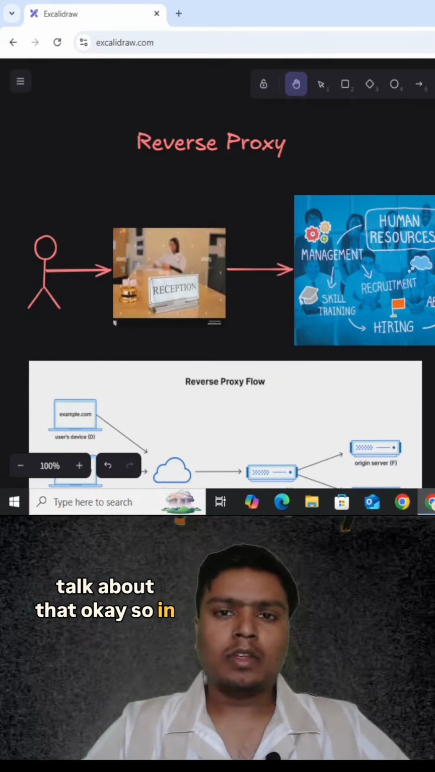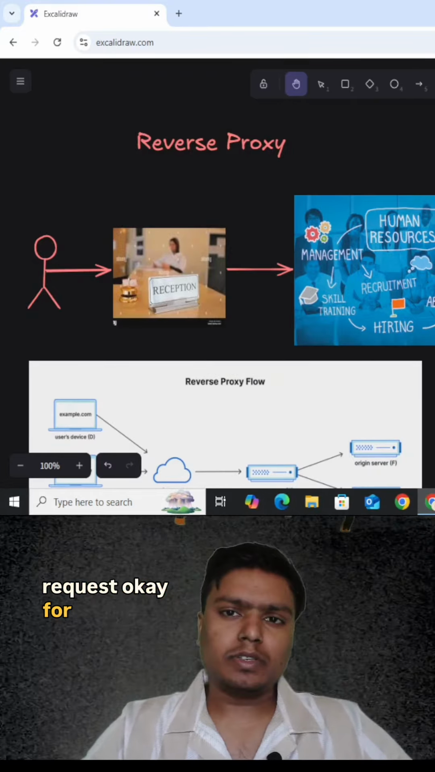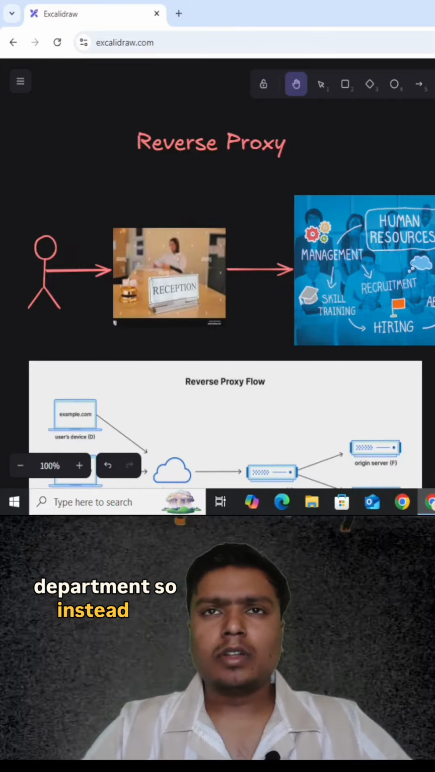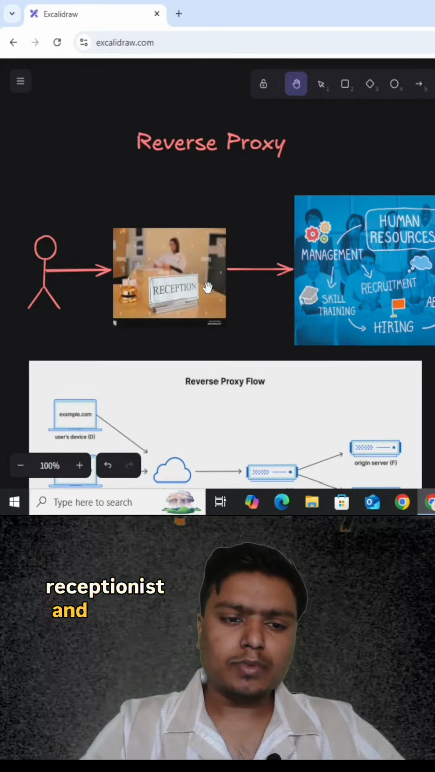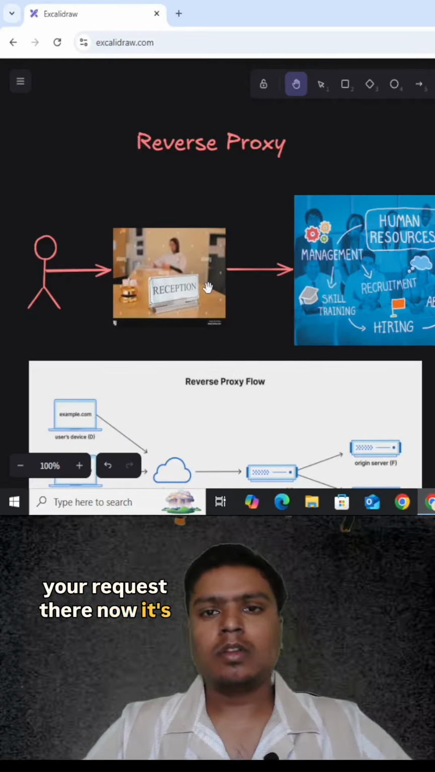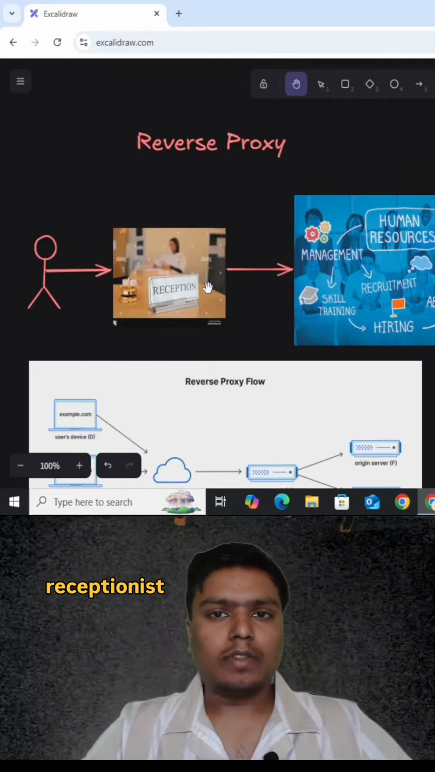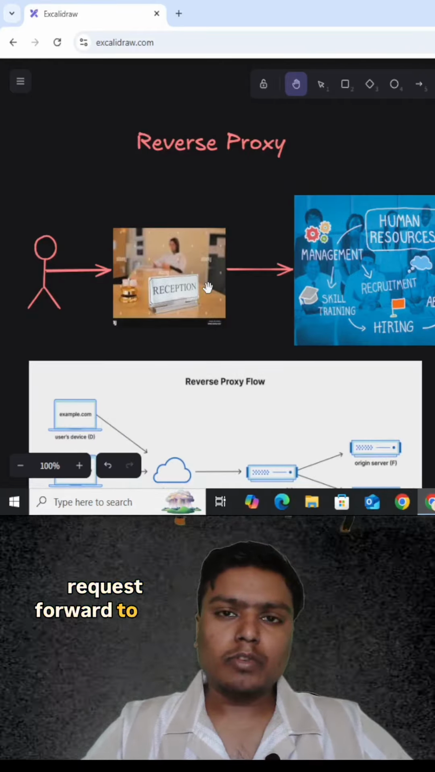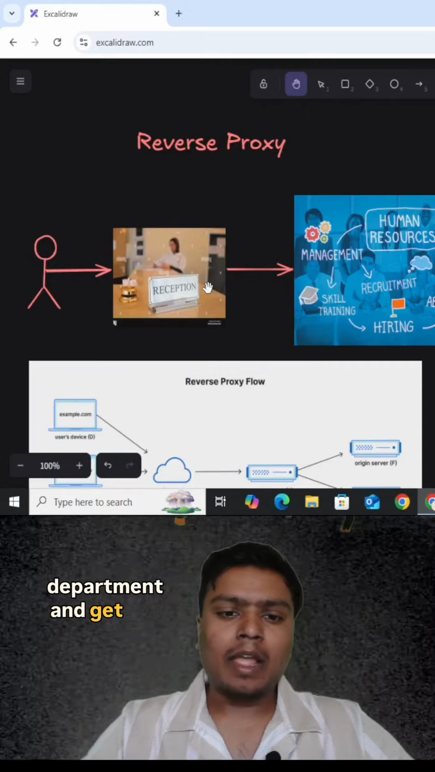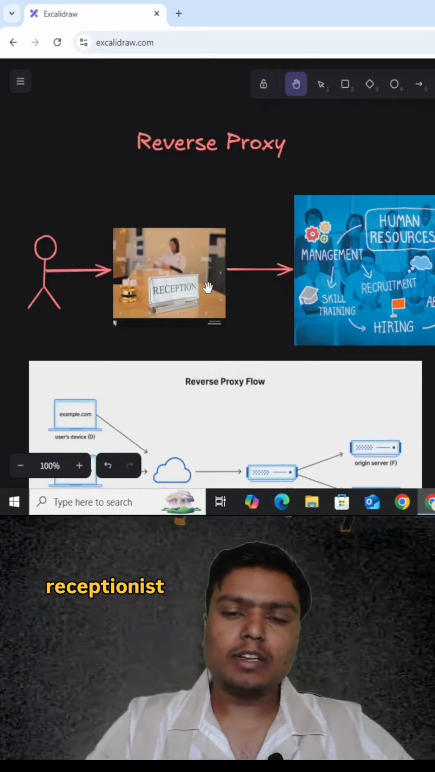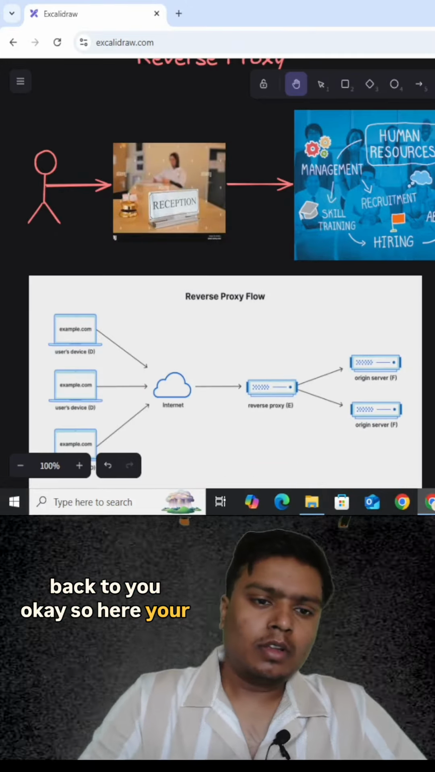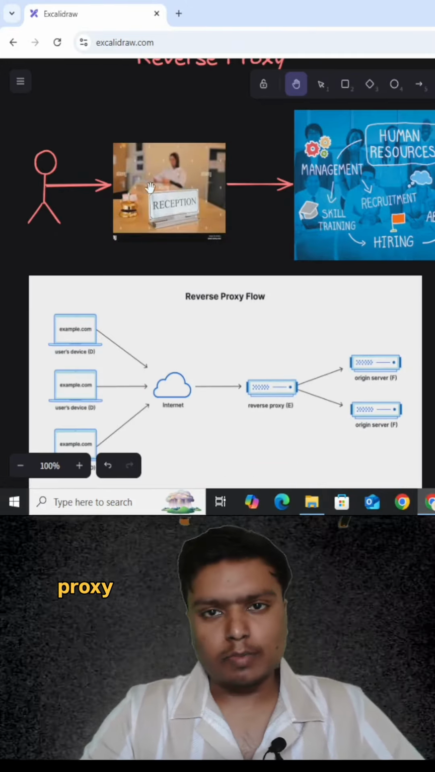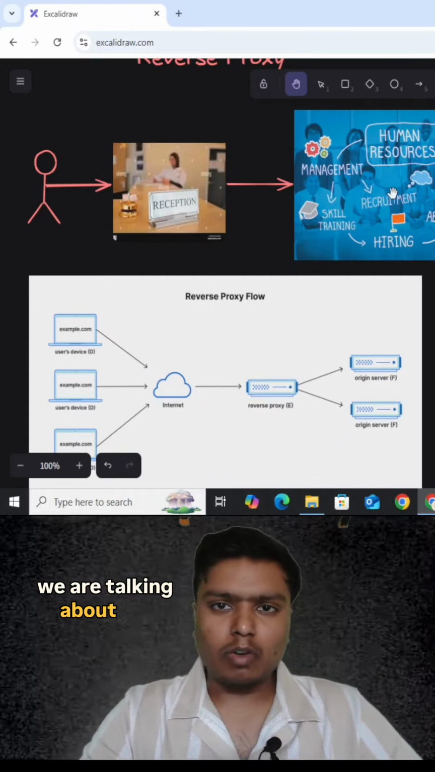Okay, so in your college, when you have some request for a specific department, instead of going to the specific department, you go to the receptionist and submit your request there. Now it's the responsibility of the receptionist to take your request forward to the specific department, get the response from there, and then provide the response back to you. So here your reception is your reverse proxy, and whatever departments we are talking about, they are your backend